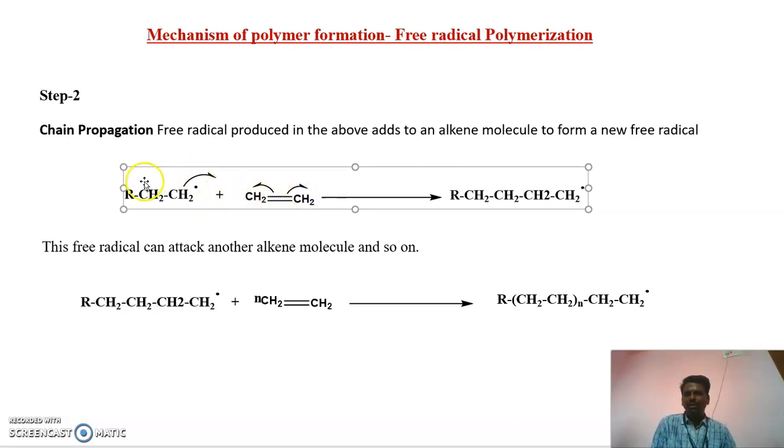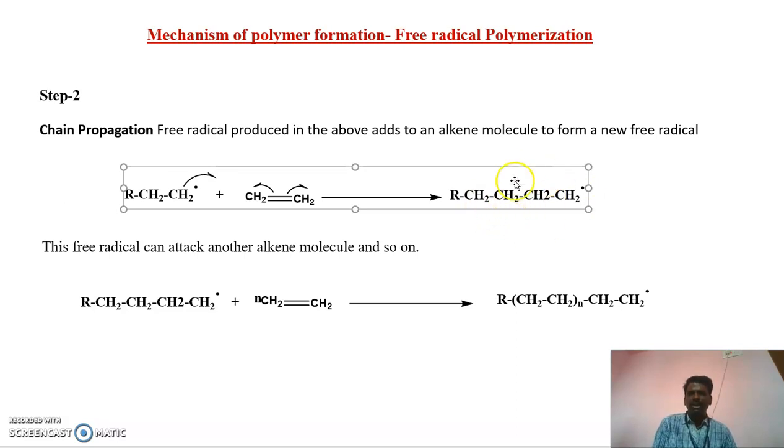So one of the electrons from this radical contributes to form a covalent bond. Another electron already present on this carbon also contributes to form a bond. So mutual sharing of electrons between this carbon and this carbon forms the CH2 bond,